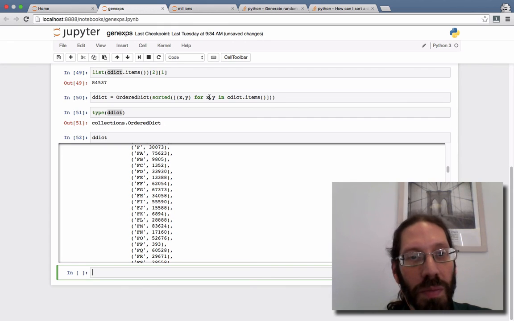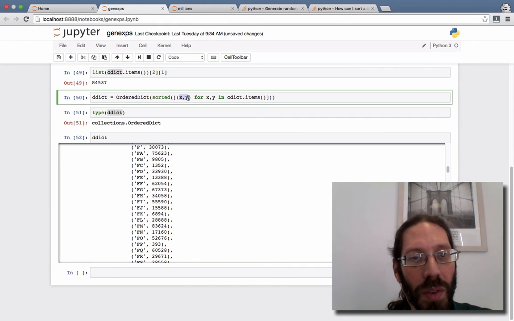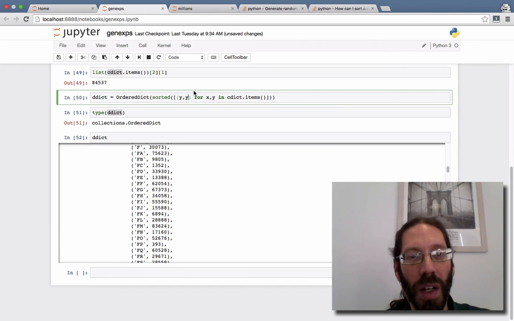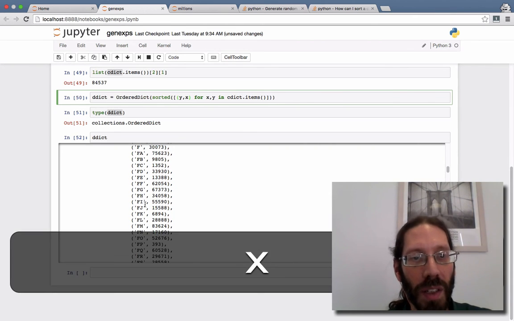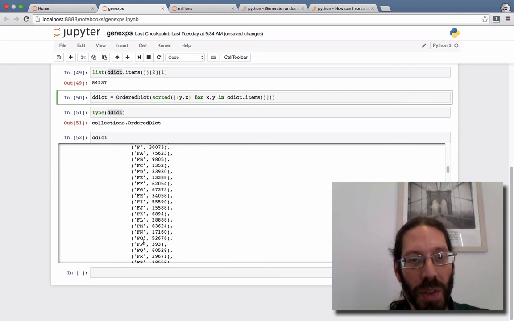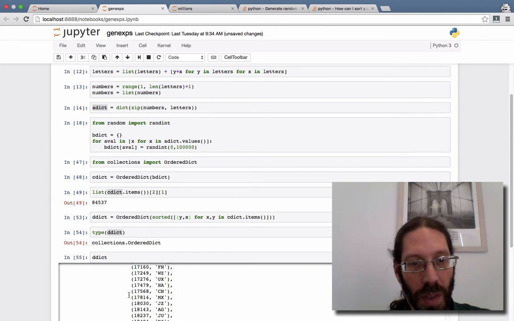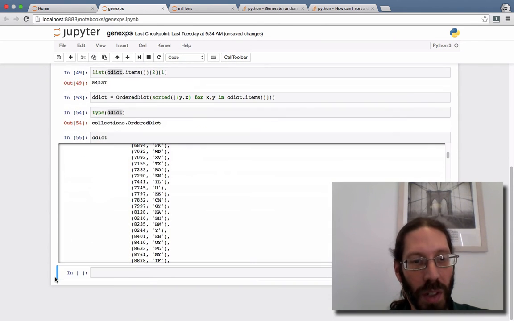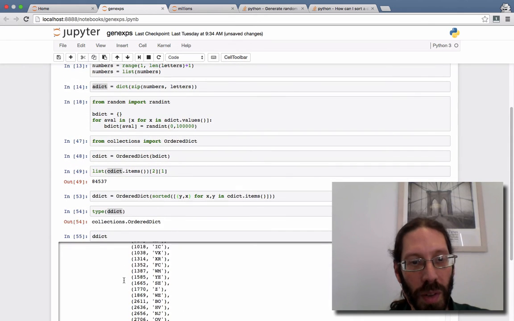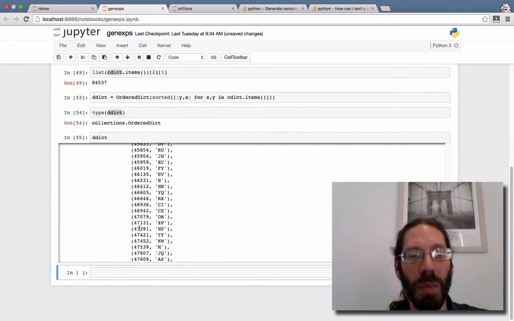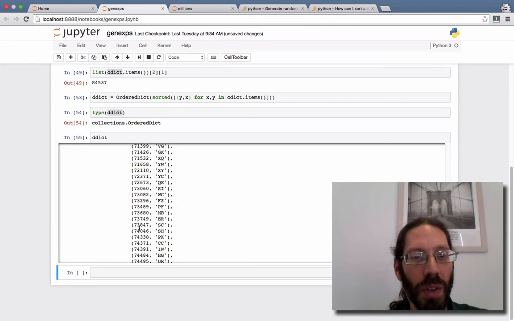And that old trick, once you do this, you might as well x comma y, or y comma x, this will actually sort the numbers in order, and the letters will get mixed up. There you go. Your numbers are now in order. They are, of course, random, so they're not continuous, but more stupid object tricks in Python. I was using ordered dictionaries